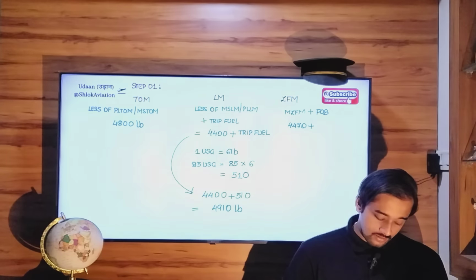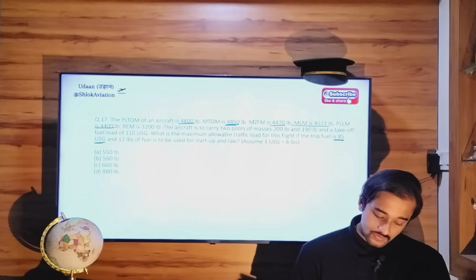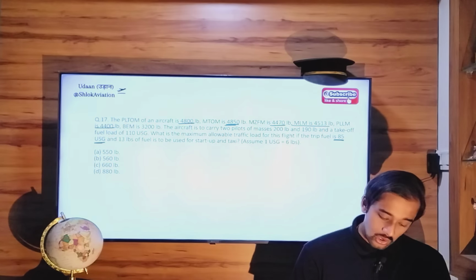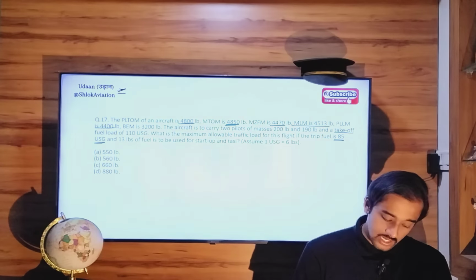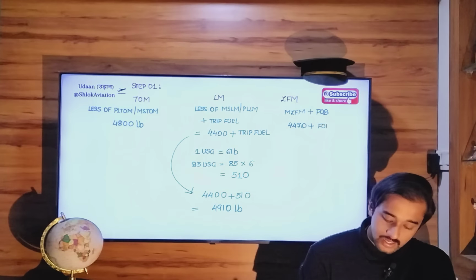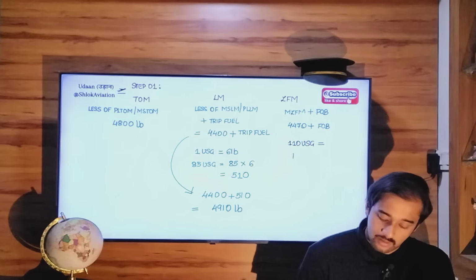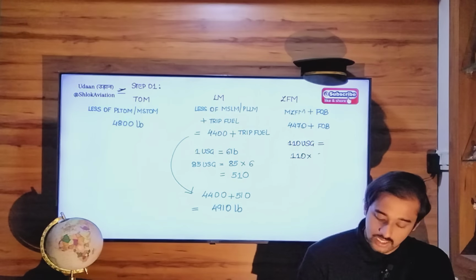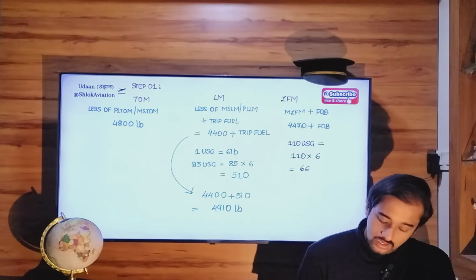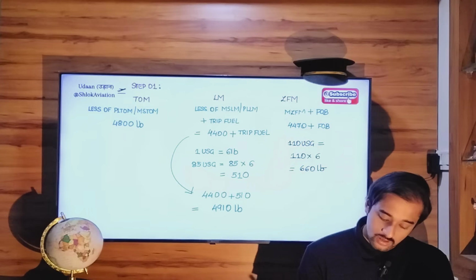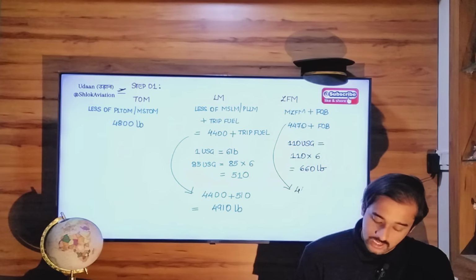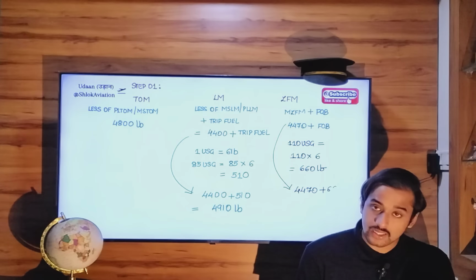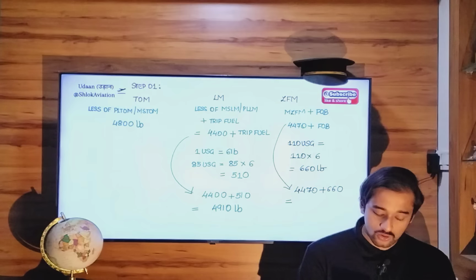Fuel on board. Now here it's given: fuel on board, that is takeoff fuel, is 110 US gallon. 110 US gallon will be equal to how many pounds? 110 into 6, which is 660 pounds. So what you are going to do is 4470 plus 660, that will be equal to